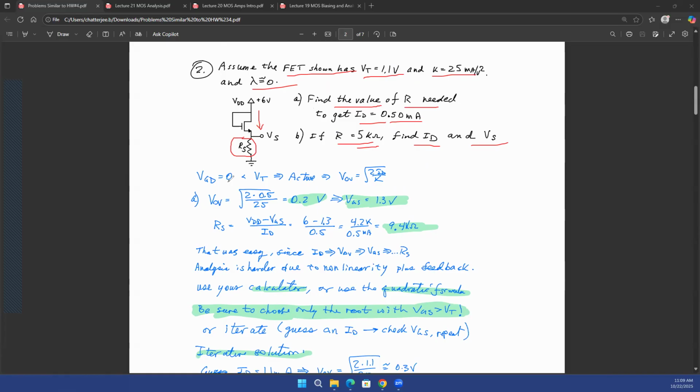you can see that your VGD, your gate to drain voltage, is equal to 0 because gate and drain are connected together. If gate and drain are connected together, then VGD is equal to 0, and that is lower than the threshold voltage, which is VT equal to 1.1 volt. So if VGD is lower than VT, we know that, maybe I can also show that equation,